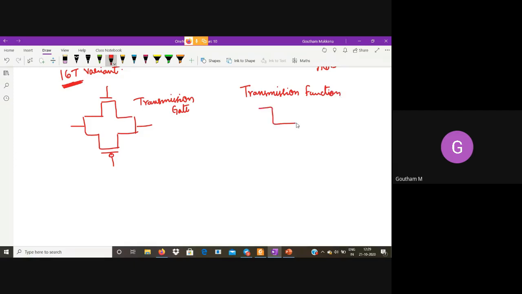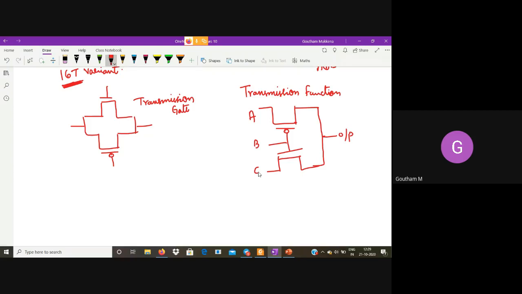It looks something like this. This is where we take the output, and these are the 3 positions where we give the input. This is the transmission function.